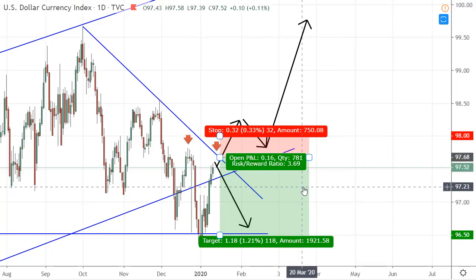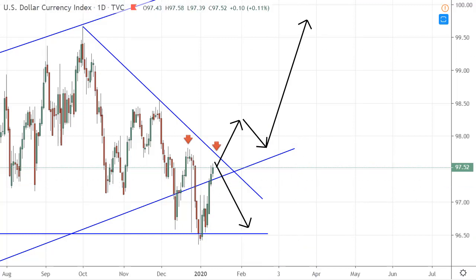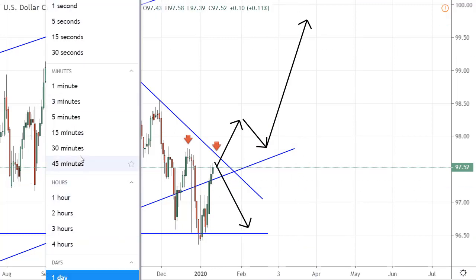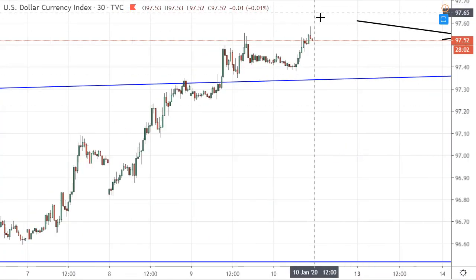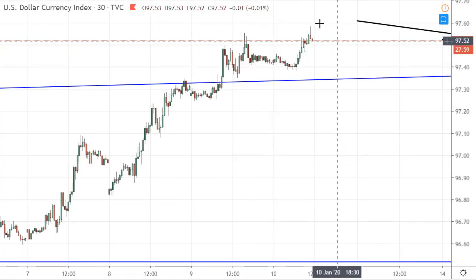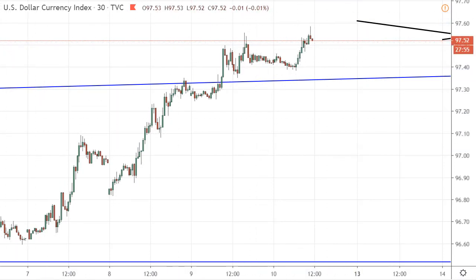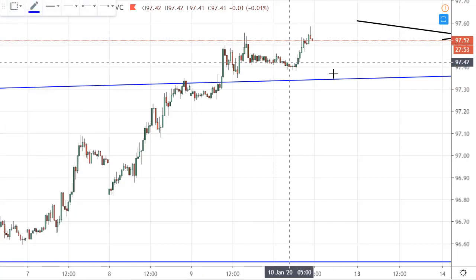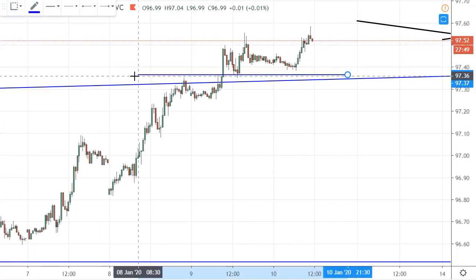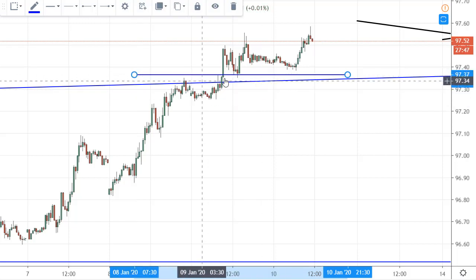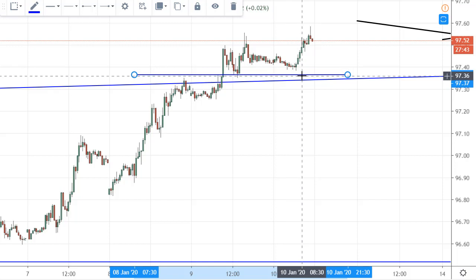So I don't know if this is the scenario just yet. We can find some more clues on that when we move to a lower time frame, for example, 30 minutes. Well, we see that we are at this level over here. So if you want to pinpoint your entries, something you can do is identify levels. At the moment, we kind of have a support level right here. Acted as resistance, price broke through, retested it, now it's support, again retested it, it's still support.